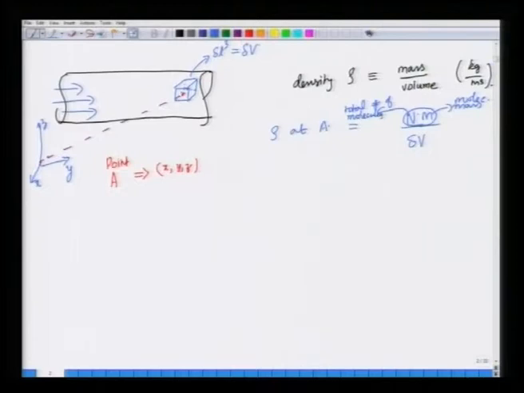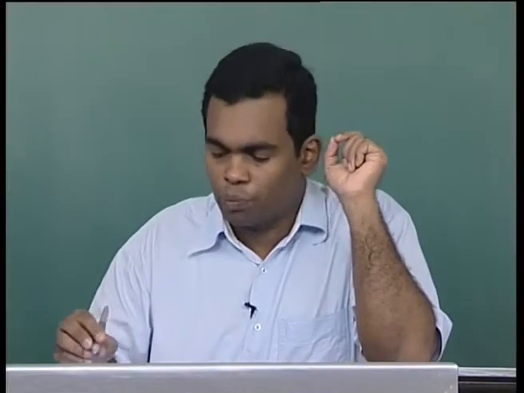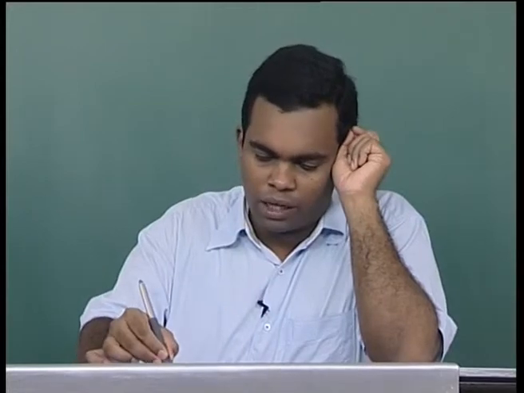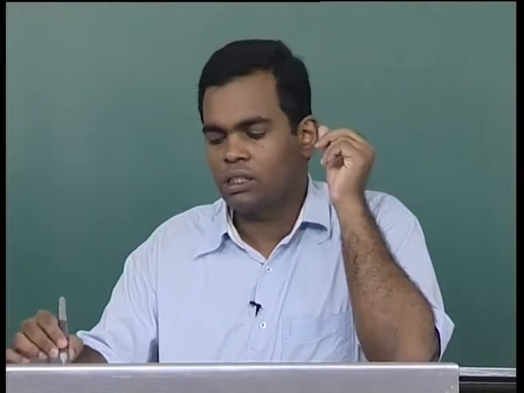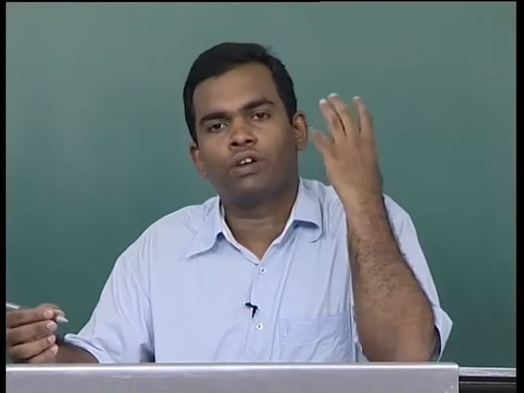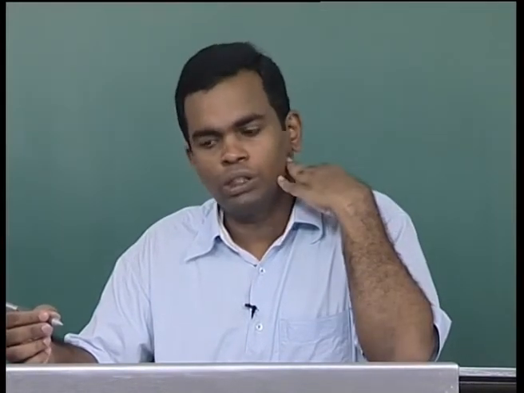Okay. So, this will be the density at point A. But since we are saying the density associated with a point, we have to be careful in saying that this is in the limit as the volume delta V shrinks to a point, that is, tends to 0. This is the way in which density is defined formally in a continuum approximation,